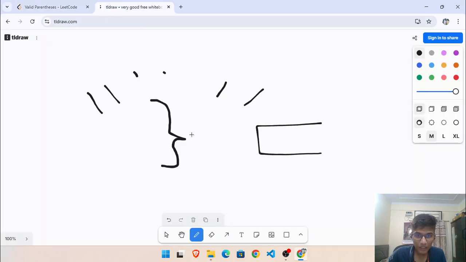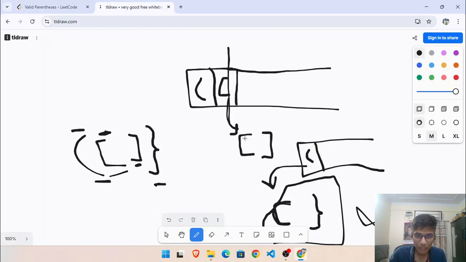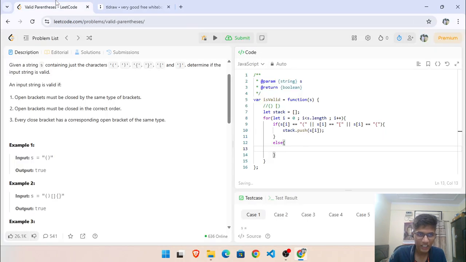See, I was popping out the first element from here. Whenever I find a closing pair of brackets, suppose this is a closing pair, I will pop this element out. This is my topmost element. Let top equal stack.pop(). And now I will check if my topmost element is equal to, suppose,